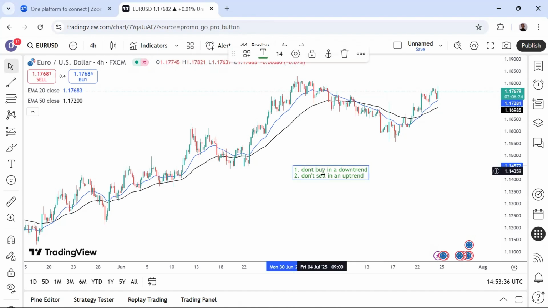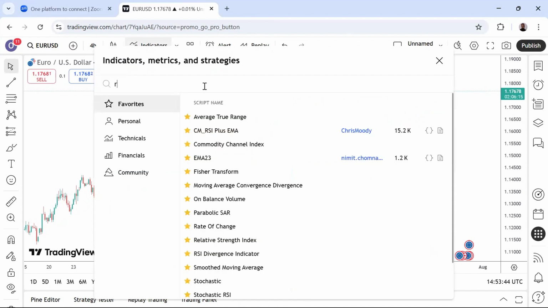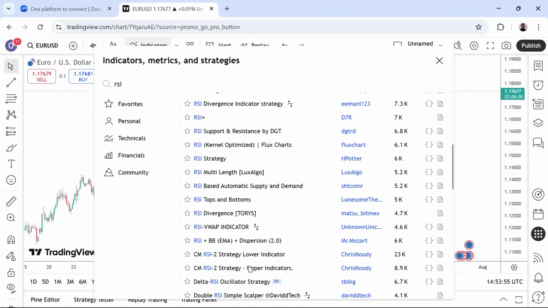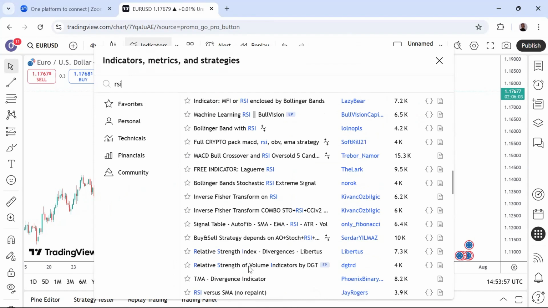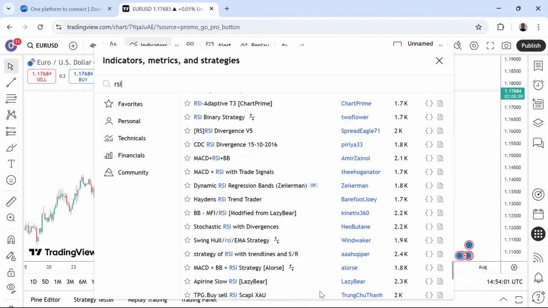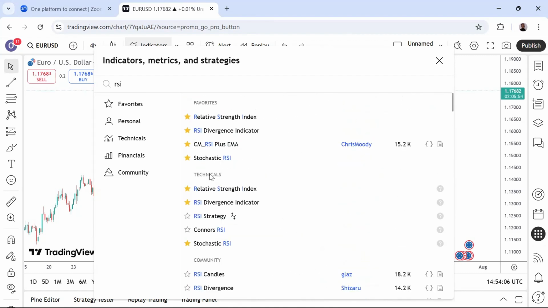That being said, in the next video I'm going to cover more on strategies and how you can use them. But I want to do just one more indicator for you, called the RSI, Relative Strength Index. Now, very important: when you search on TradingView to get these indicators, do not get them from the community. There are so many scripts, it keeps loading more and more. Like I said, there are thousands, maybe even millions of indicators on TradingView.